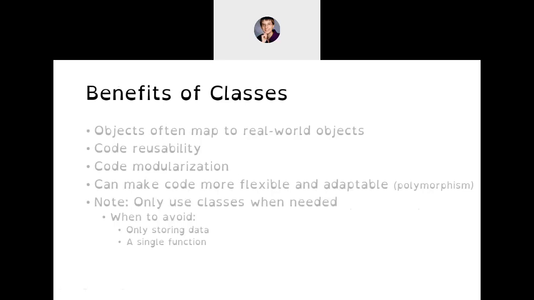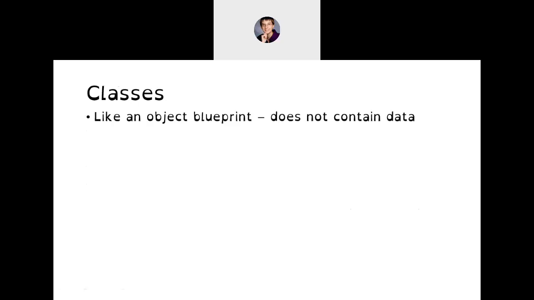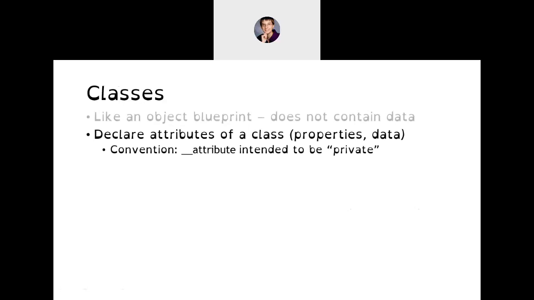So let's take a look at what a class is. So the class itself, you can almost think of it as like a blueprint for your class. So it doesn't actually contain any information, but it's going to tell you, say, what properties you should supply if you want to create a specific object that is of that class. And so you can declare certain attributes of a class, right? So this is things like your properties and your data. And so these are kind of like the static